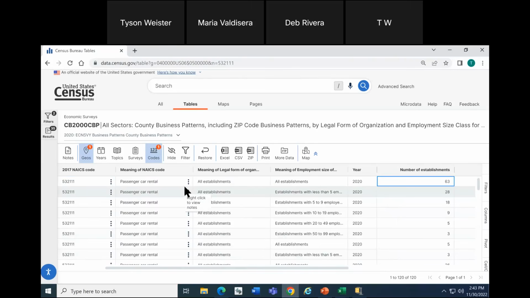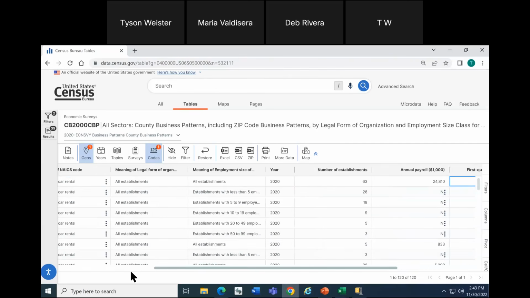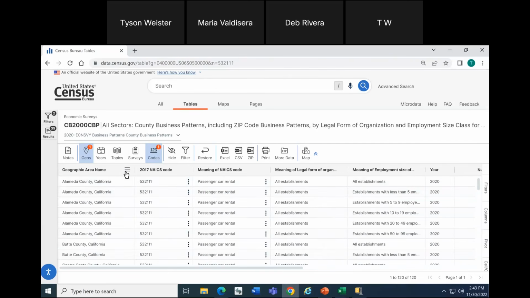Also notice as we're scrolling through on the left-hand side, our geography isn't pinned in view, so we kind of lose context of what we're looking at. You can choose to freeze any column that you want, or you can choose more than one column as well. So this is where I want to show you how you can condense some of the information from the table to narrow down to exactly what you're interested in without any additional information.